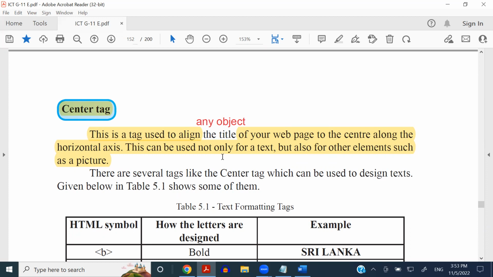After that, I'll show you an example, right? So you may write it below the center tag. Then after that we go to the table, right? So quickly write this down. Then I'll show you what's the